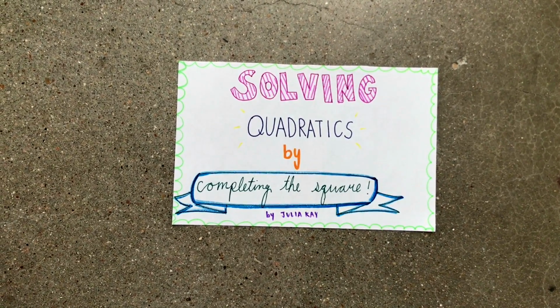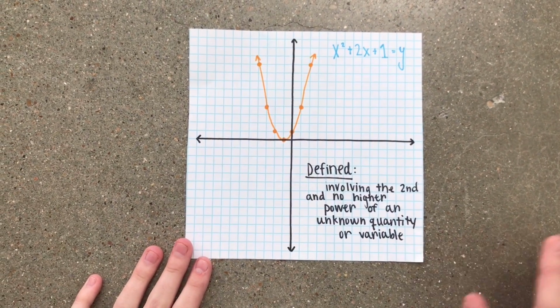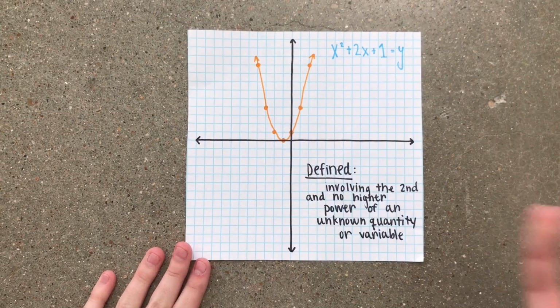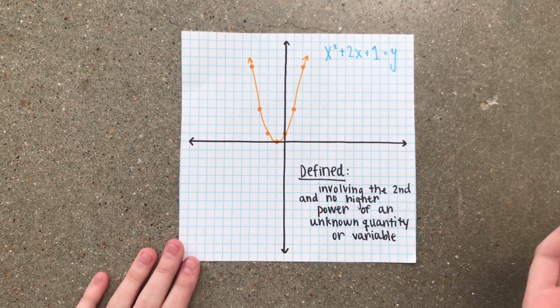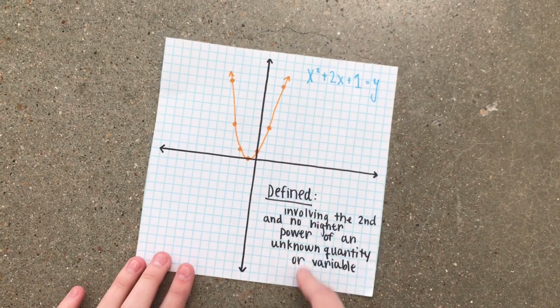Today we are going to be solving quadratics by completing the square. To define quadratics, it is an expression involving the second and no higher power of an unknown quantity or variable. So basically, this is like